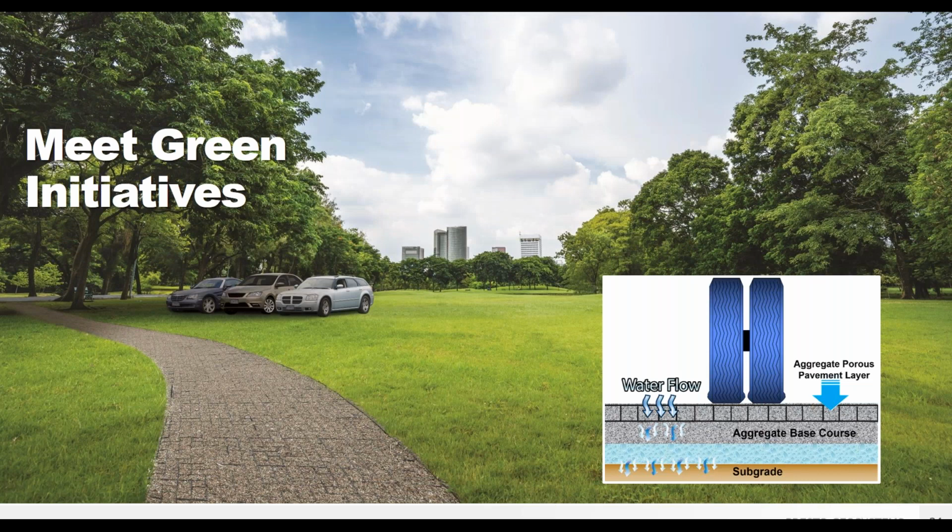So reducing a site's overall environmental impact can help meet green infrastructure, low impact development, or green building goals when you're building in protected or densely populated areas. And it can also help you meet stormwater requirements that limit the amount of hard surface in your landscaping plans. So if you aren't allowed to put any more asphalt or concrete down, putting in an aggregate surface with the GeoWeb system is a great alternative. And this is a really common thing in large cities and in areas near protected waterways or wetlands.